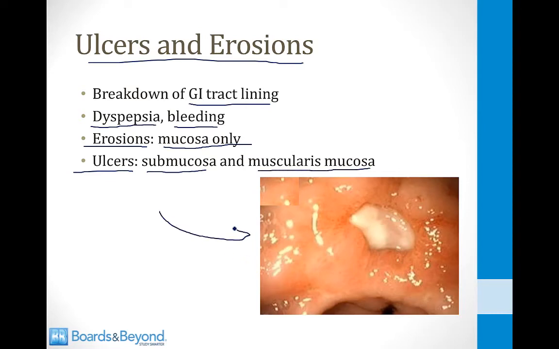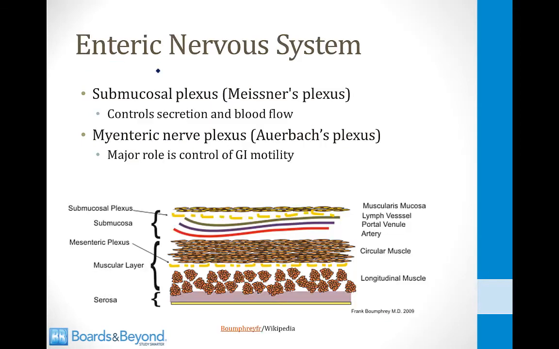This is a picture of an ulcer on the screen here, and this type of lesion would involve the submucosa and probably the muscularis mucosa as well. I'll finish this module by discussing the enteric nervous system. As I mentioned before, there are two nerve plexuses in the layers of the gastrointestinal wall. The first one is called the submucosal plexus, or Meissner's plexus, and the second one is called the myenteric nerve